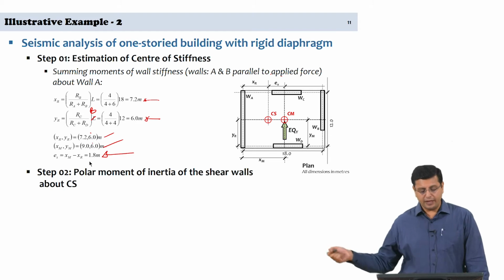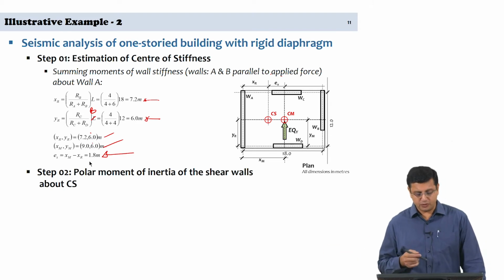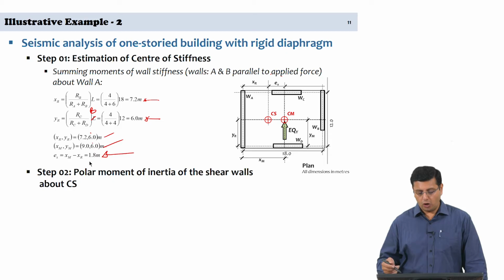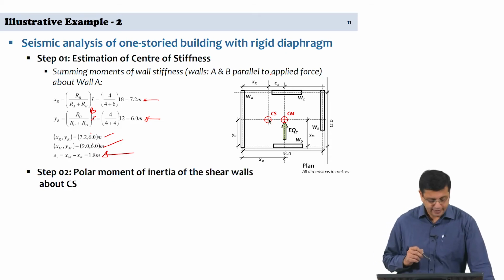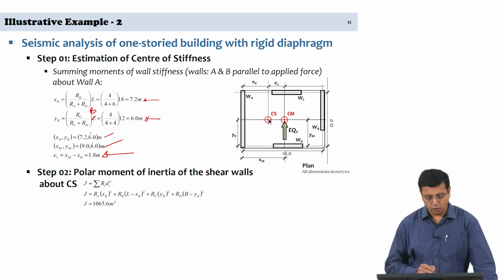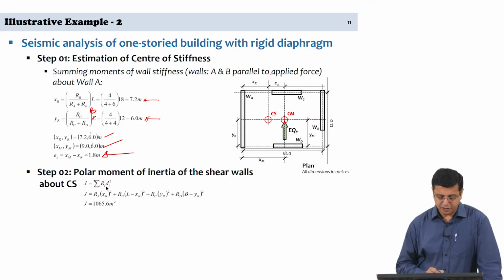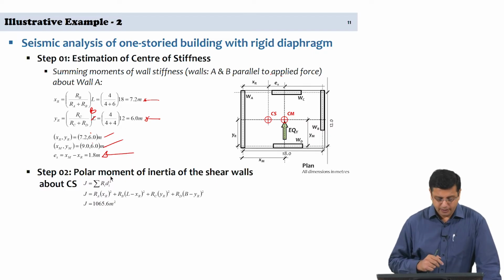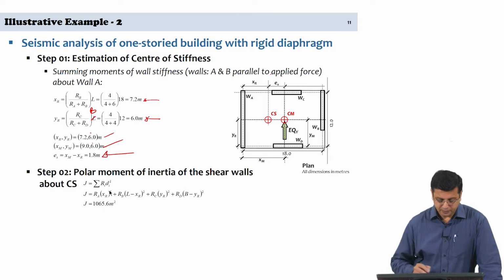Okay, to be able to then estimate the shear forces, we need the polar moment of inertia of the shear walls about the center of stiffness, designated as Cs here, and therefore the polar moment of inertia is a summation of the stiffnesses of each wall into the square of the distance, centroidal distance of the wall, and that then translates as relative stiffness of wall A